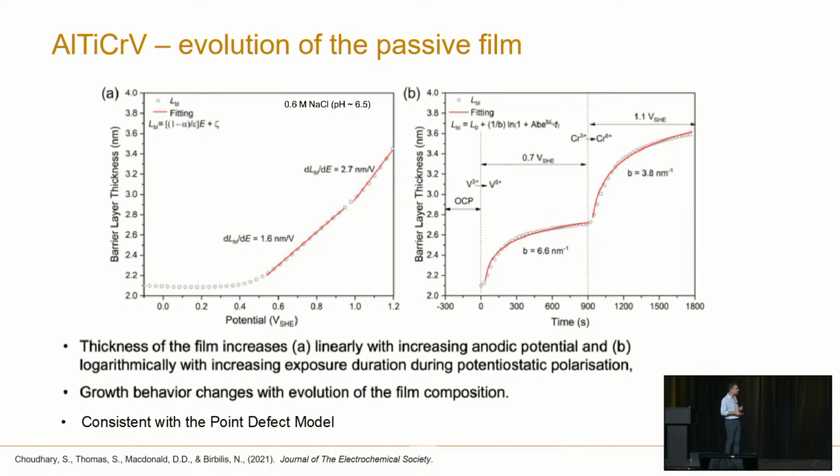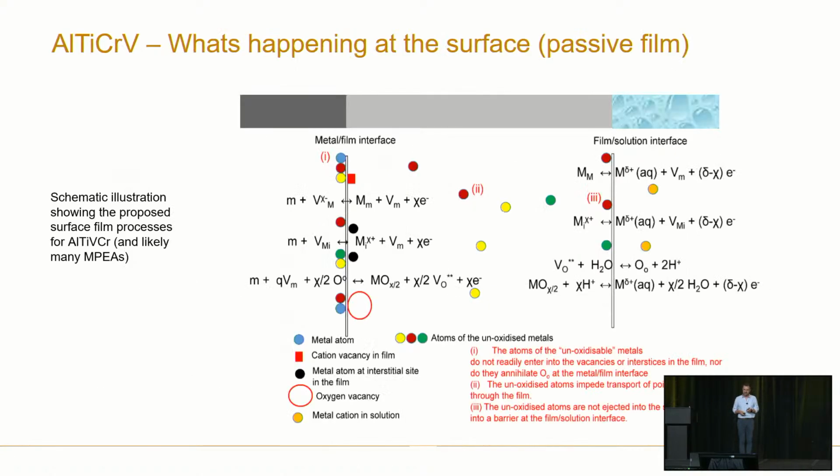This is actually completely consistent with the point defect model, which was conceived some 40 years prior. And we even dragged out Digby MacDonald to help with this particular work, which was just fabulous. So if you were to now draw what's going on in this particular alloy in the passive film and superimpose what the point defect model equations are like, what you'd see is a really interesting thing, and I'm not going to bore you with all the equations.